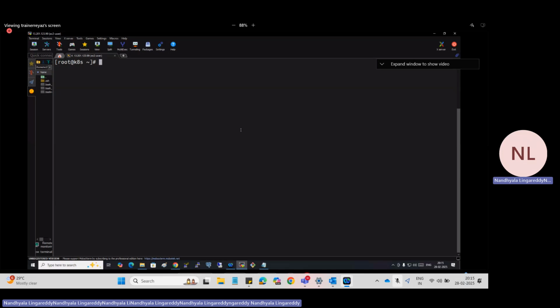Replica set, this one is daemon set. In replica set, we learned already, right? Replica set means it will create multiple replicas. Remember, in the manifest YAML file, we say replicas equal to 3. That is the ReplicaSet kind.